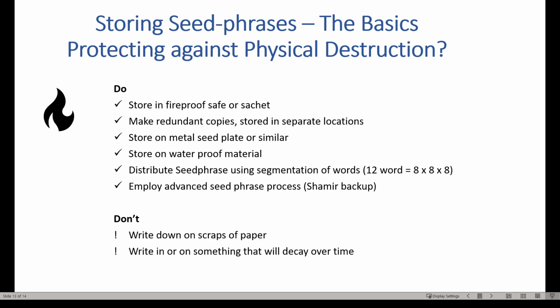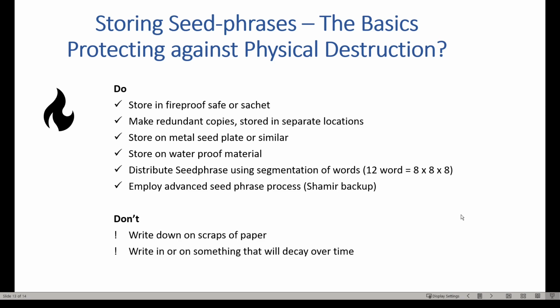Okay, so what can we do to prevent this? It's great that we've written down our seed phrase and we're doing all the right things online, but look, things happen. Houses burn down, things get destroyed, floods, you name it. So what can we do to protect against that? A few of the things that we've already done will also help mitigate a lot of these risks from physical destruction as well. We've already mentioned that we might like to store our seed in a safe. Well, what if that's a fireproof safe? Even better. Or what if you've got a fireproof sachet? A little slip that you can put your seed phrase into and close it up so that it's got some fire protection around it.